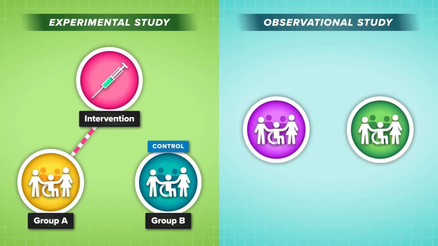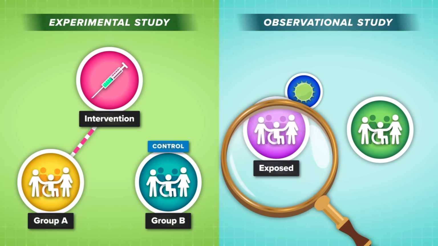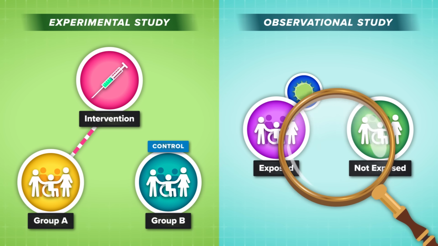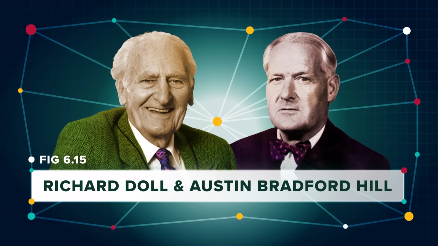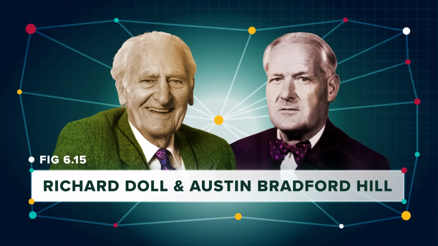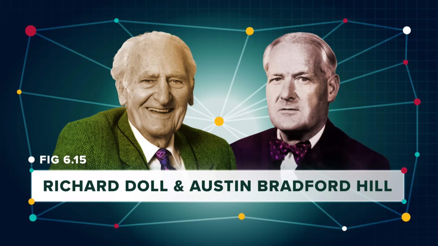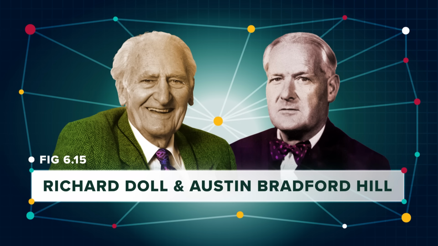In observational studies, epidemiologists observe a population that is already exposed to a particular treatment or risk factor and compare their health to a non-exposed group. This is how we go about understanding the effects of things we don't want to intentionally expose people to, like viruses. One famous observational study was conducted by a pair of British epidemiologists, Richard Doll and Austin Bradford Hill, no